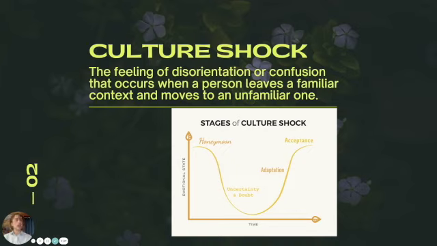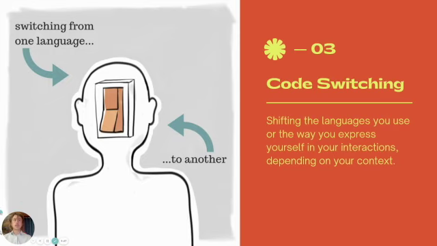And you can see this diagram. It's really a wave that's constantly fluctuating. You get up to acceptance, but then you find a new aspect of the culture that you don't understand, and you're back to doubt. So it's up and down over time. So your student is going to be experiencing this as they go. On top of this, and